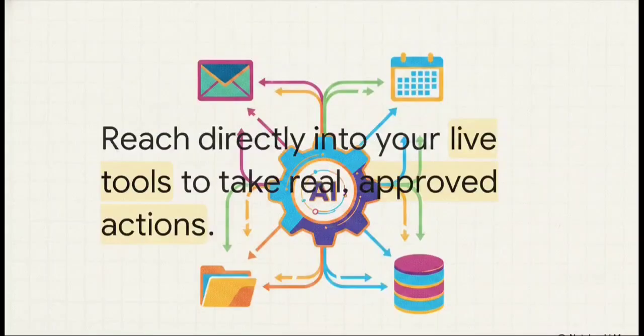The final piece of the puzzle, the absolute top of the stack, is connectors. Everything before this relied on information you typed, uploaded, or found on the web. Connectors break that boundary entirely. They turn a text generator into a literal assistant that retrieves real information from your actual systems. Think your Google Calendar or your email inbox. And don't worry, you remain in total control with very sensible read and write permissions. You can have it auto-approve checking your schedule, for instance, but still require your manual approval before it actually sends a message or deletes a file.